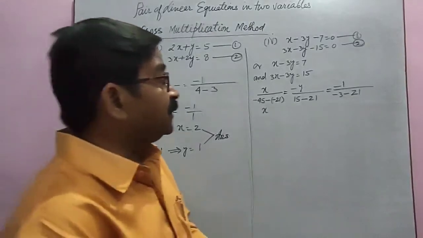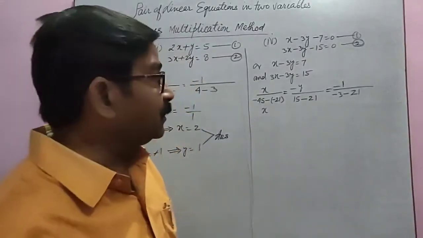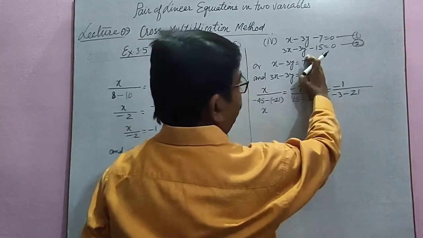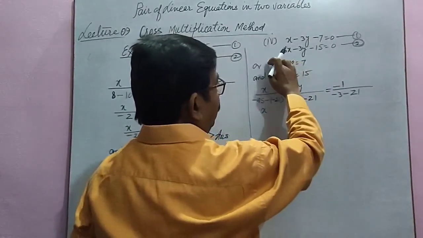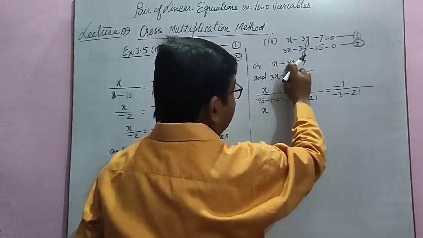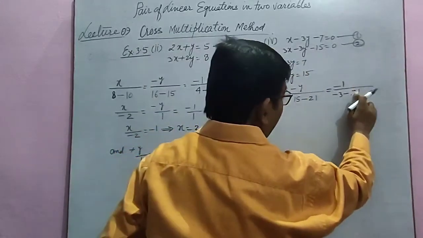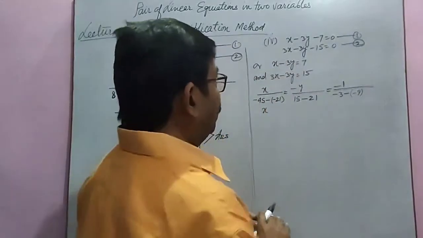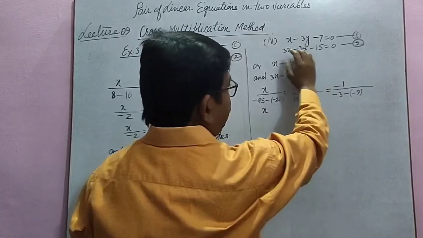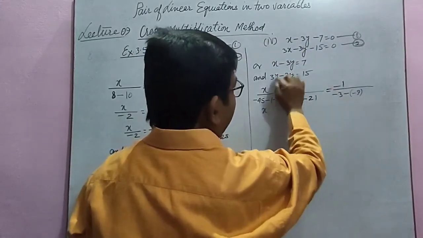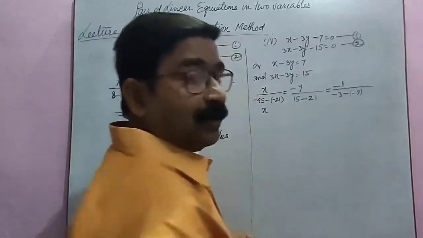Now, let's see what I have done. Something is a mistake. See, when you hide this constant term, we have to multiply this one. x 1 into minus 3, here 3 3s are 9, minus and minus 9. By hiding this constant, this side 1 into minus 3, minus 3 3s are 9, minus 9. Now